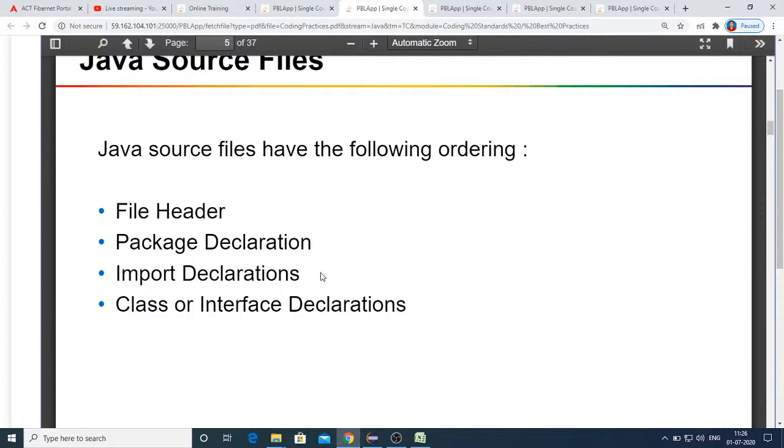Another rule to remember here is, when you are importing multiple packages, as I just mentioned, if you are importing four classes from one package, you will write all these four lines continuously, and then you will give one line of space if you are importing from some other package. It's a good way of making your code understandable and readable. So whatever java.io classes you imported in four lines, after that you leave one line, and then import another package's classes. This is the grouping that makes things visible and easily understandable.